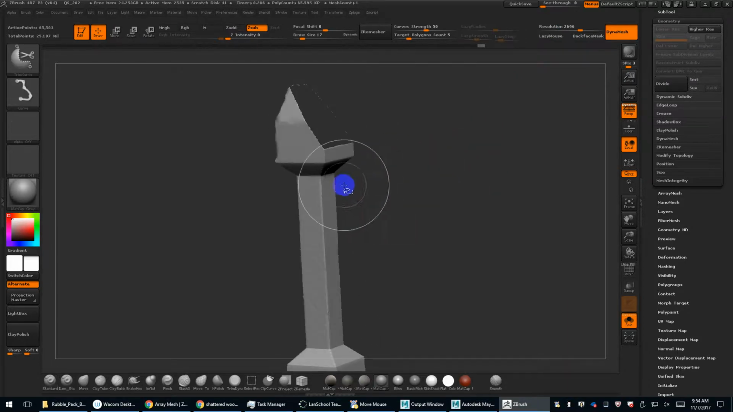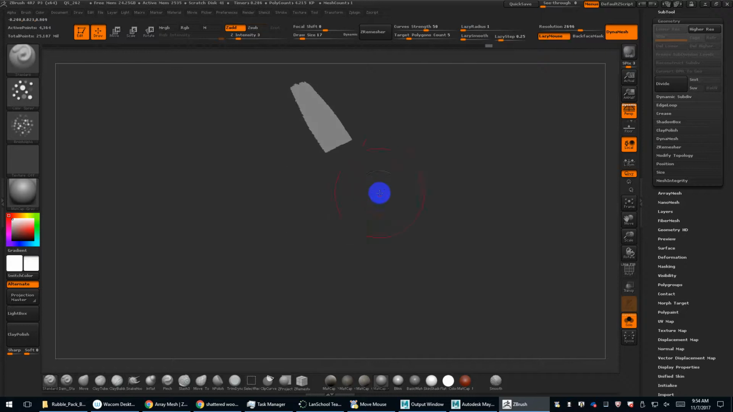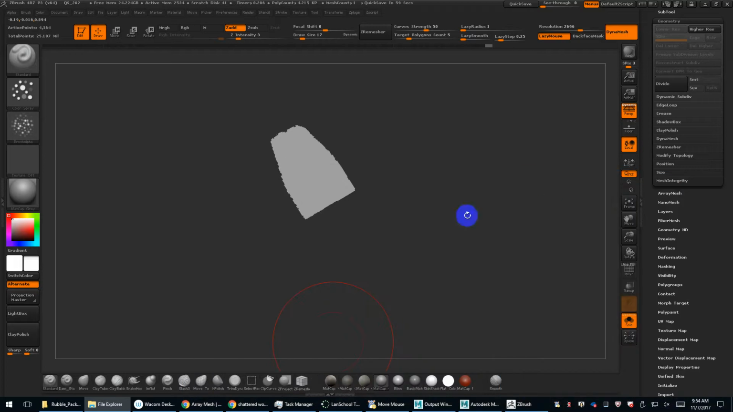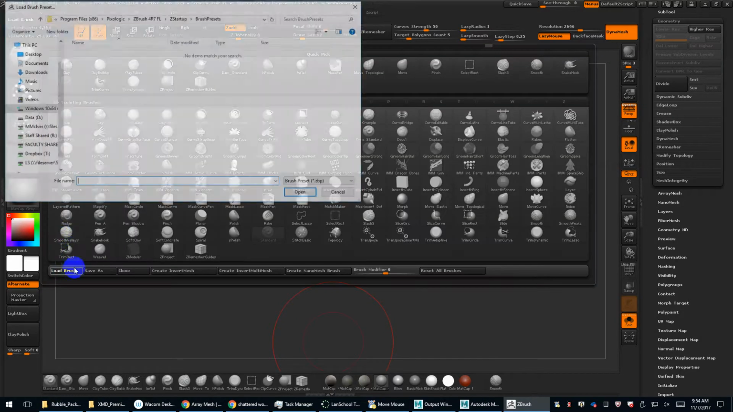But what's great about this is that if I Control Shift click on this, now I can go in and put some other damage in here. So I'm going to load or find one of my brushes here. I've got something called the damage kit. So I'm going to click on my brush tool, load a brush,